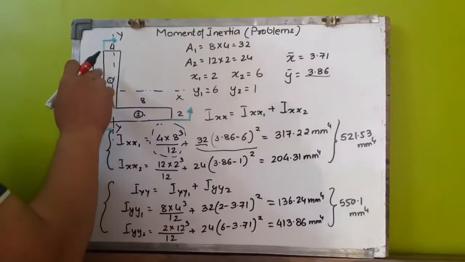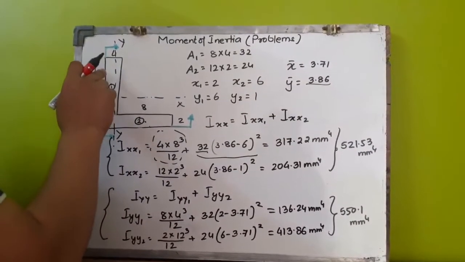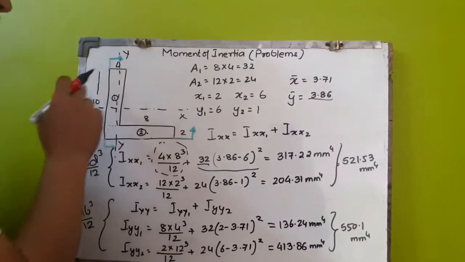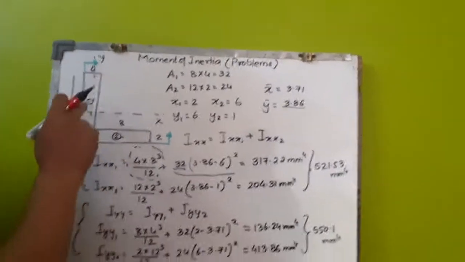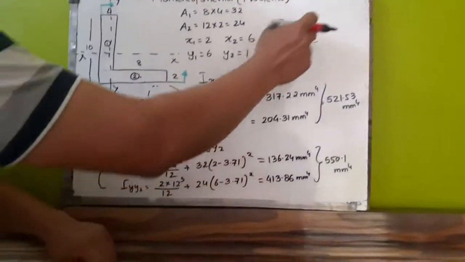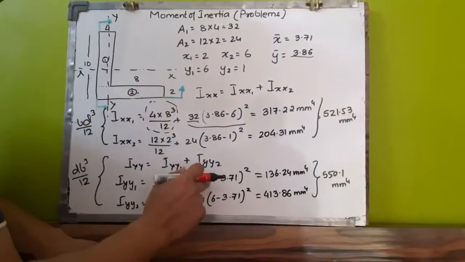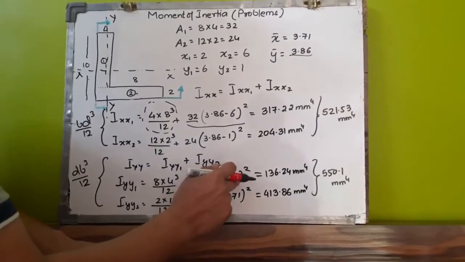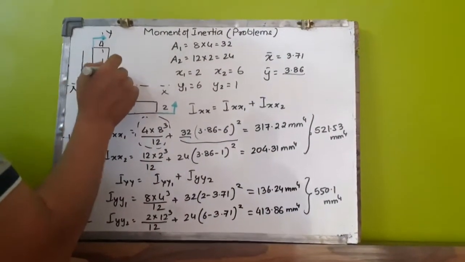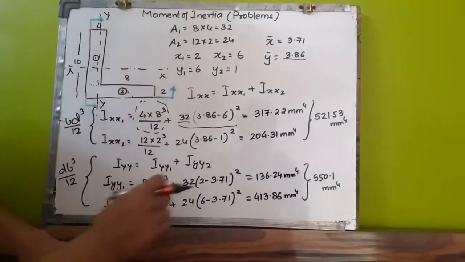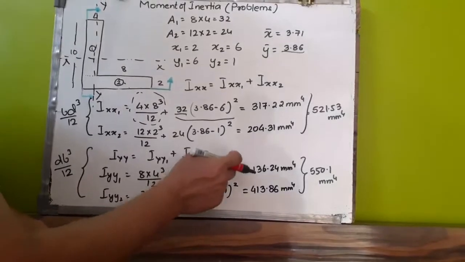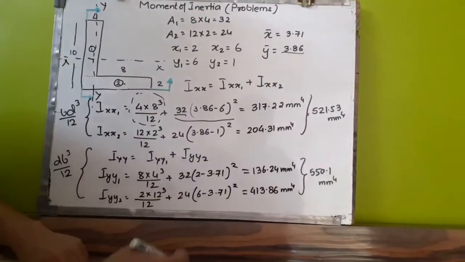So the centroid of body 1 about the reference frame is at a distance of 2, and the centroid of the composite body is at a distance of 3.71 that we have previously found out. So this is 2 minus 3.71, because this is 2 and the entire is 3.71, so the distance is 2 minus 3.71. It can be positive or negative, it makes no difference. Whole square, you get this value.